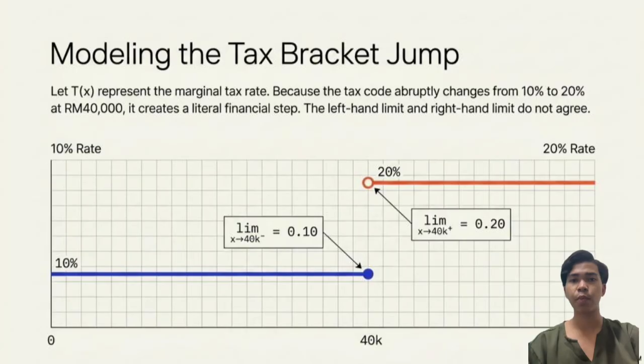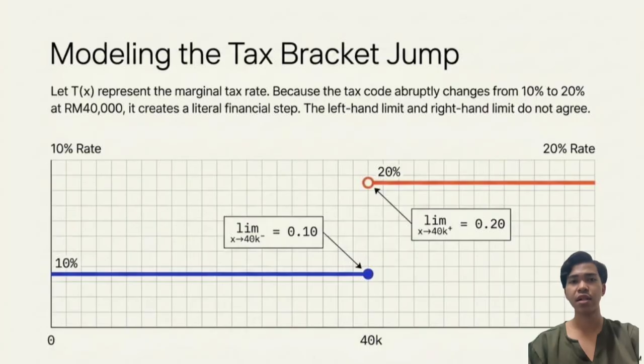Because these 2 points don't meet, the function is broken at that exact milestone. For the taxpayer, this means that hitting that 40,000 ringgit mark triggers an immediate and significant change in how their